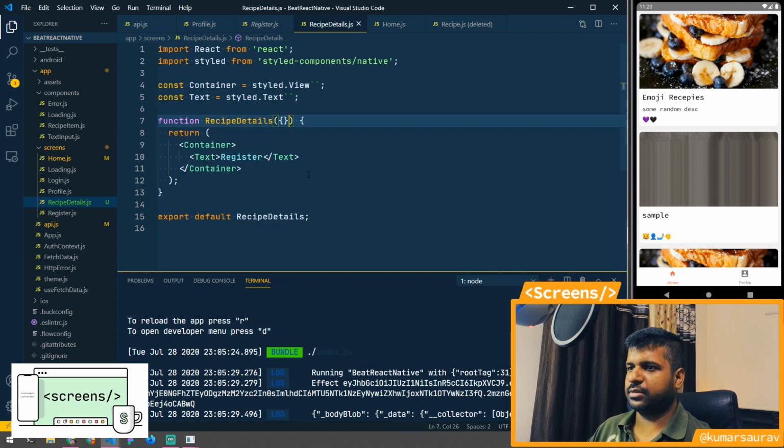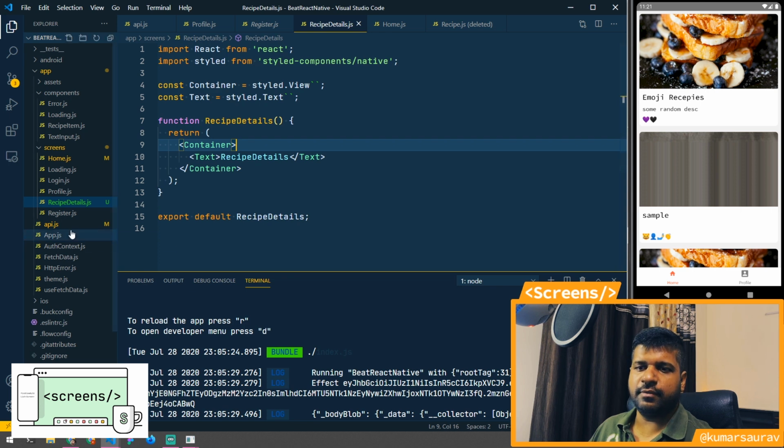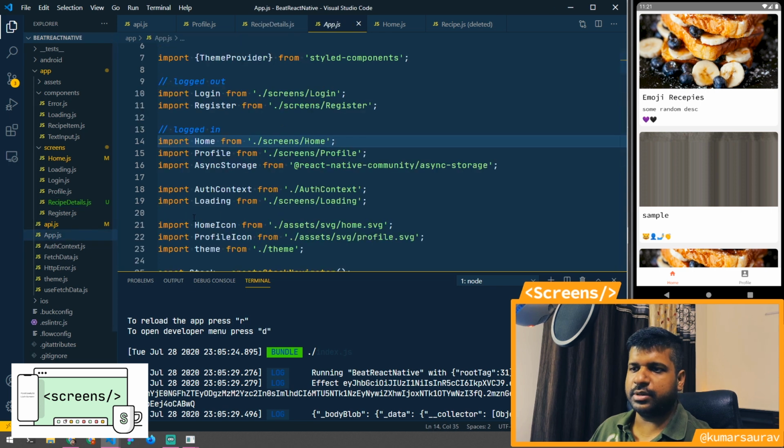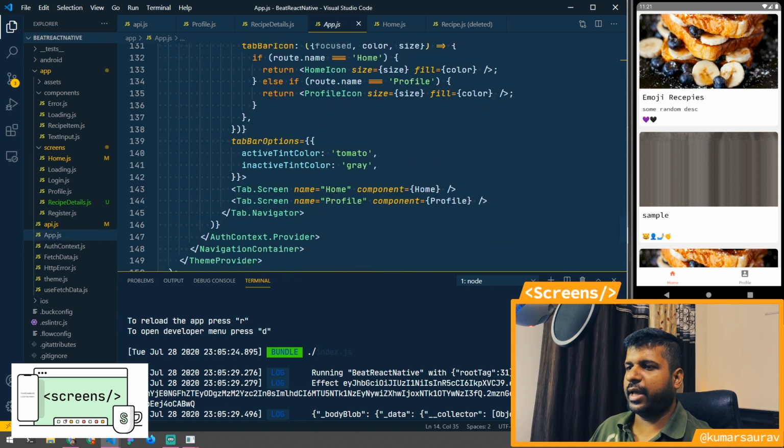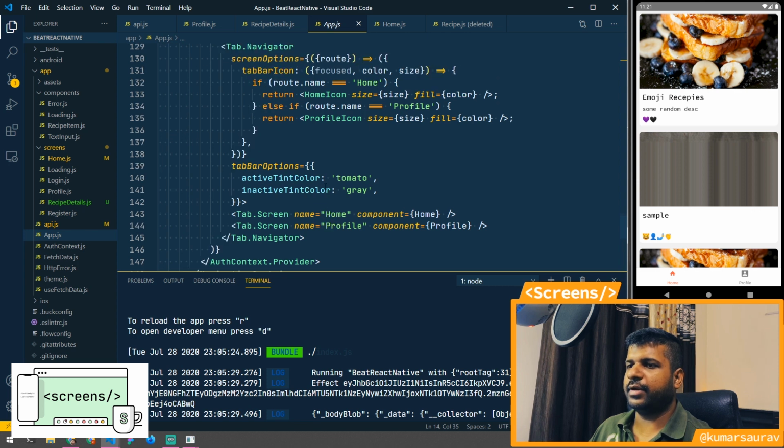Okay, now let's rename this to recipes. We'll pass the ID here, so we can make an API call to the server. So let's call this details. Cool. In order to add this to the navigation stack, we will go to app.js and add it as a stack to the home.